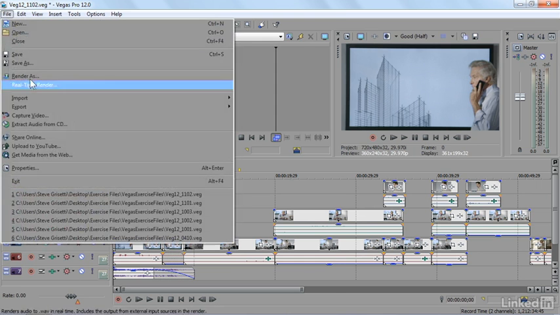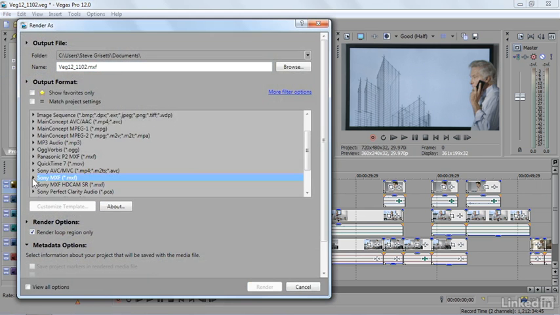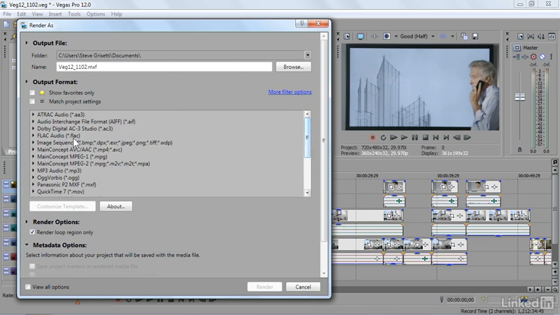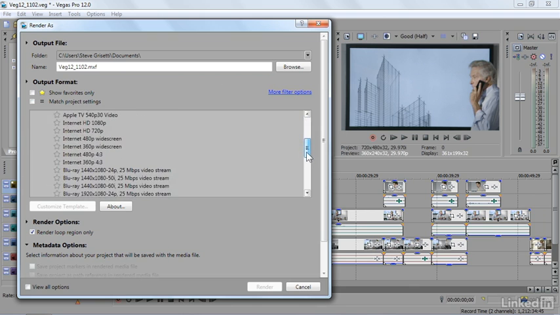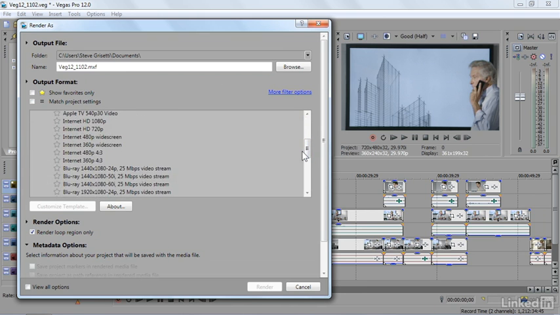So under the File menu, we choose Render As. My recommendation for video that you're sending to YouTube or Facebook or Vimeo is that you use the MainConcept AVC options, and they're right here. AVC, these create MP4s, as indicated right here. And there are options right here listed under Internet, depending on whether you want to send up a high-definition file,